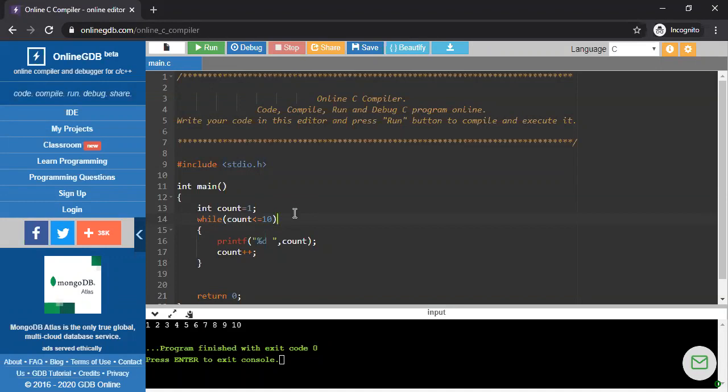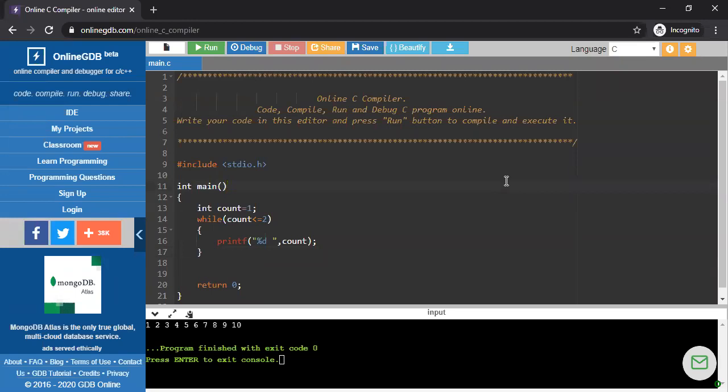So now I'm going to write another program. Suppose the same program, I'm just taking off the increment or decrement line. Okay, same program, I just delete the increment or decrement line, nothing else.